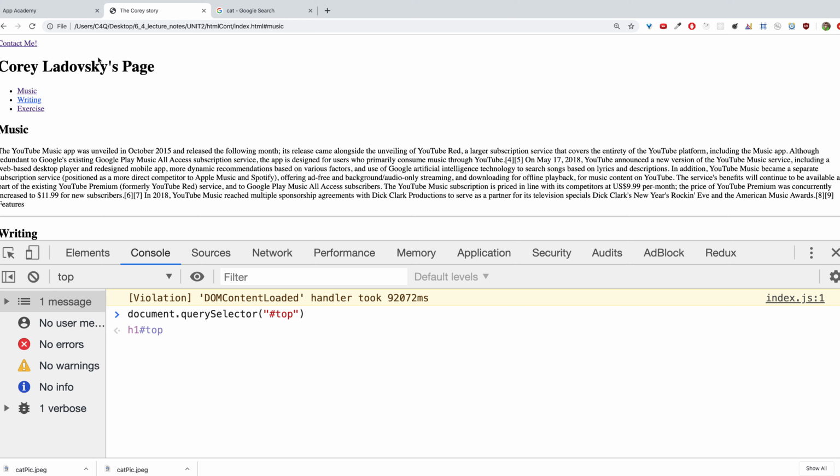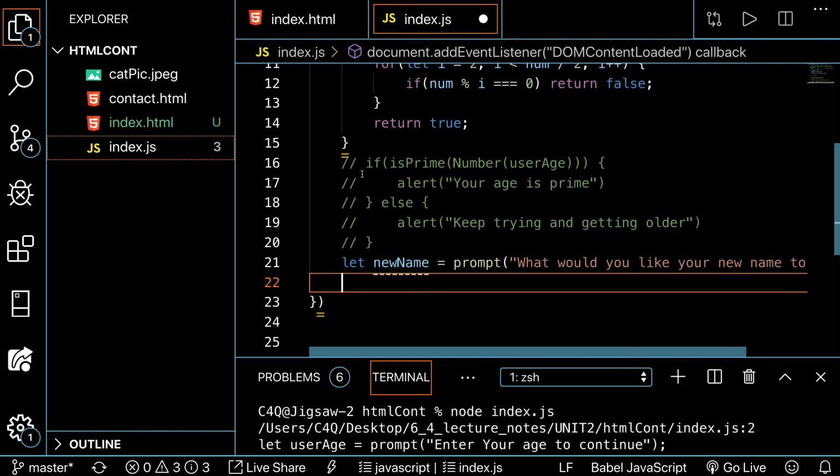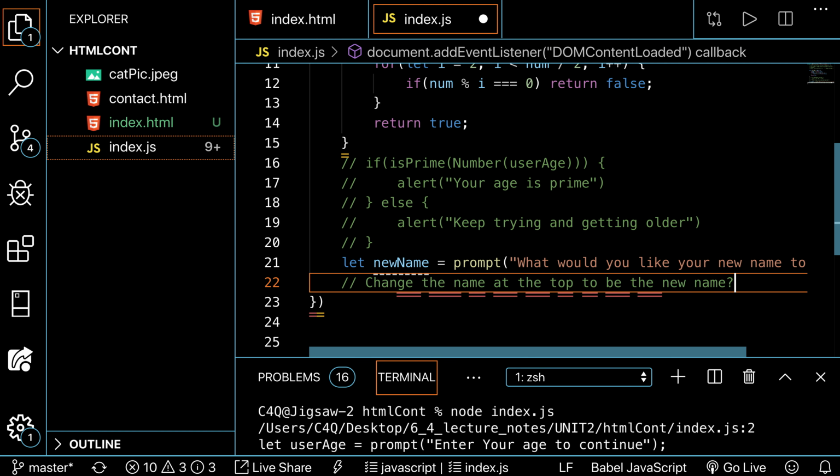You try it. All right, over the next 15 minutes, work on this. The goal is, I'll write it, you're partway there. Change the name at the top to be the new name. So you might have to check the GitHub. You might try to look it up a little bit, and then we'll go over it. So you've seen me do some stuff. You do this one, and then we'll come back to